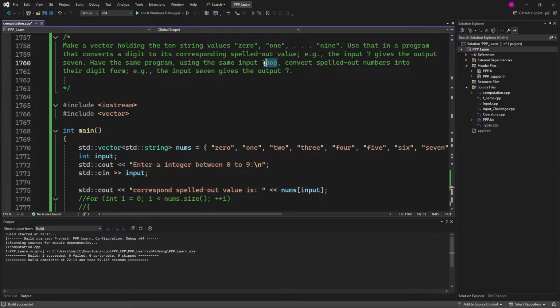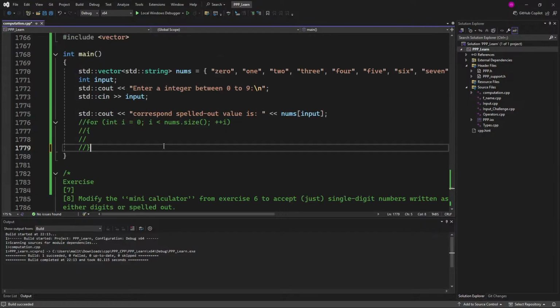Have the same program using the same input loop, convert spelled out numbers. Input seven gives the output. Mm,